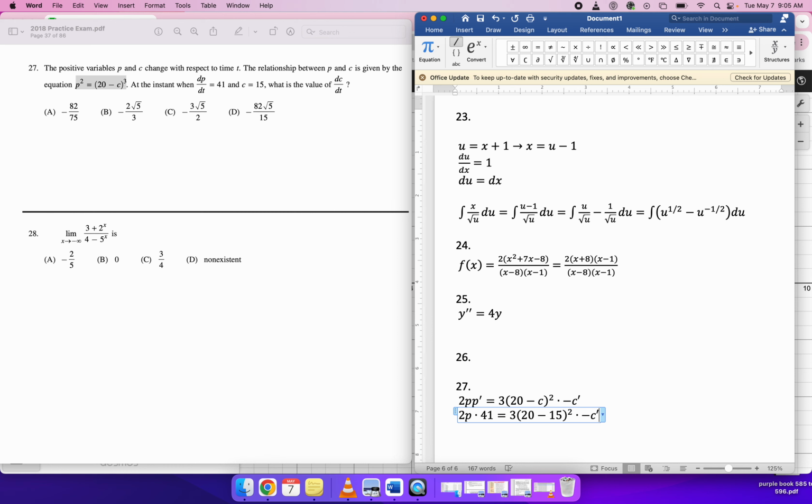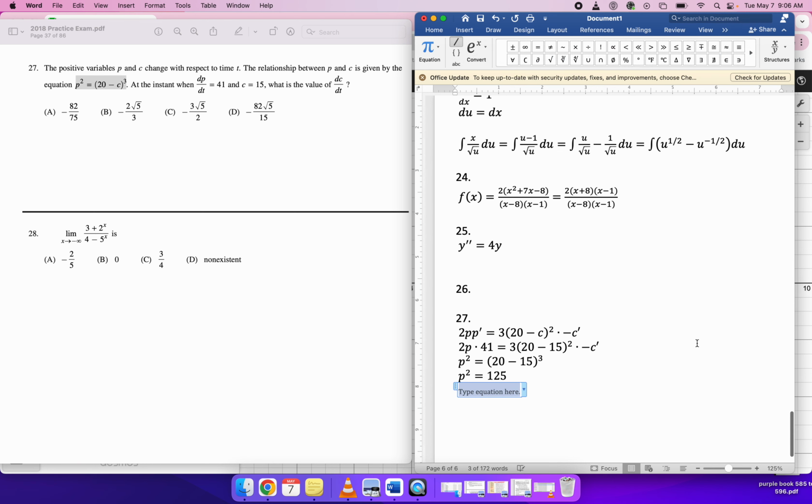C prime is what I want to know, and there it is, but I don't know what p is, so I have to go back and find it in the original equation. The original equation tells me p squared is equal to 20 minus c, which is 15, to the third. Well, that means p squared is equal to 5 cubed, so 125. So therefore, p is equal to